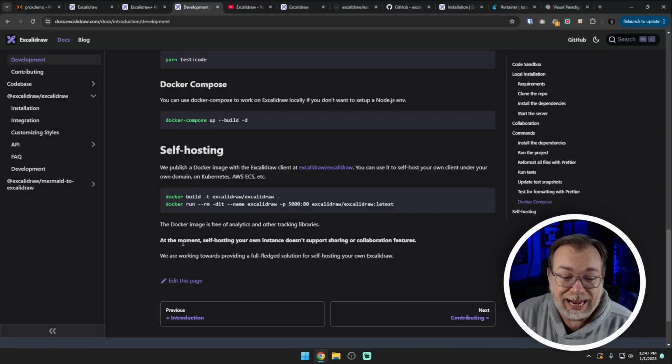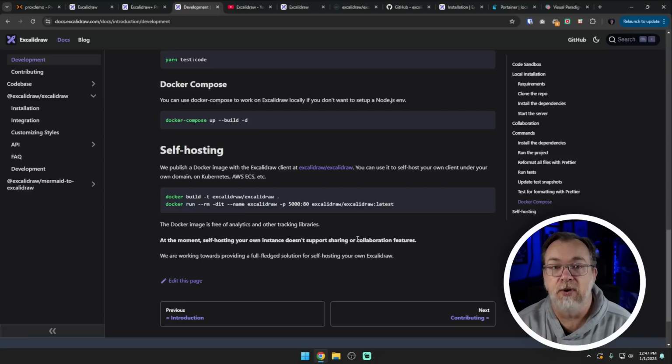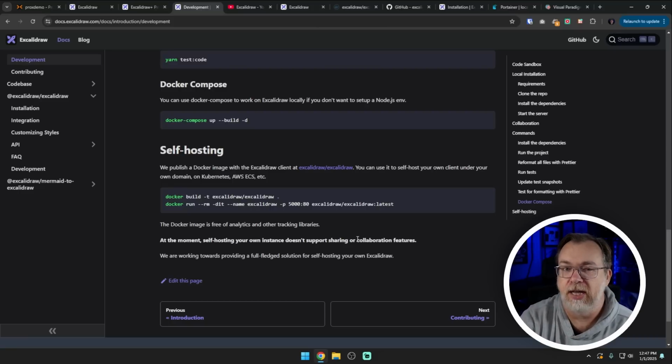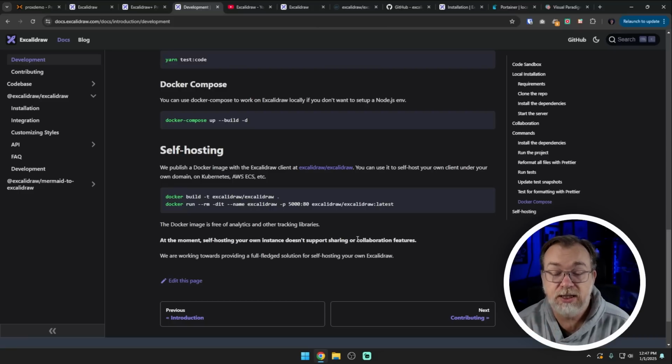Below that, though, it says, at the moment, self-hosting your own instance doesn't support sharing or collaboration features. So you won't be able to bring another person into this to have them work on it, say remotely or whatever the case is. Like it says here, sharing and collaboration features are not currently available, but we are working towards providing a full-fledged solution for